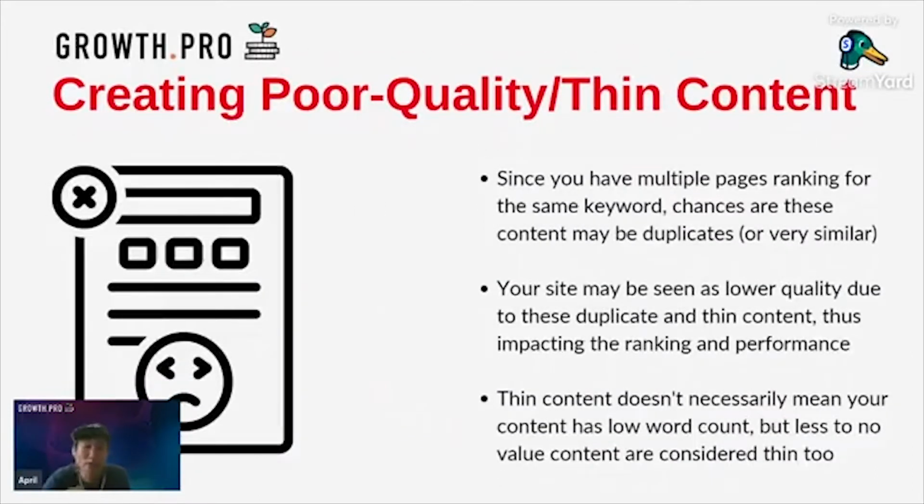Next, you may also be seen as creating poor quality or thin content. Since you have multiple pages ranking for the same keyword, there is a chance of you either repeating the same content across all these different pages, or the content is just too similar to each other. That way, your site may be seen as a lower quality site because of this duplicate or thin content, and if your site is being seen as lower quality,